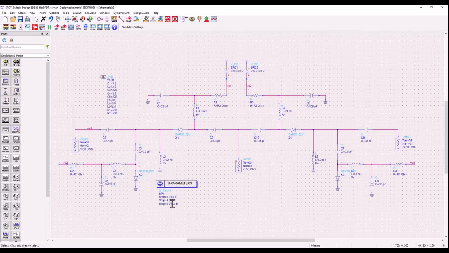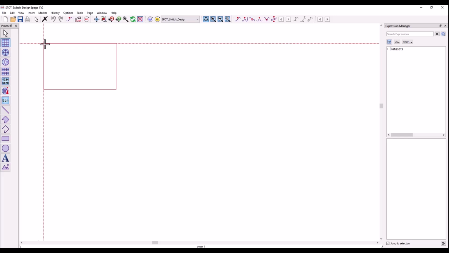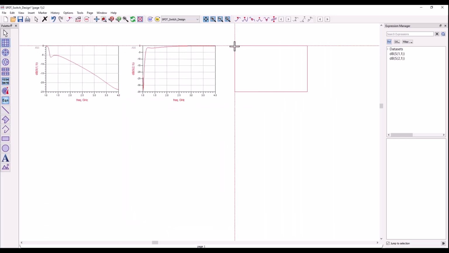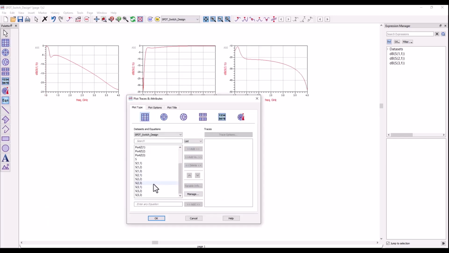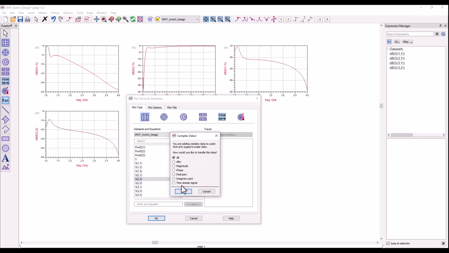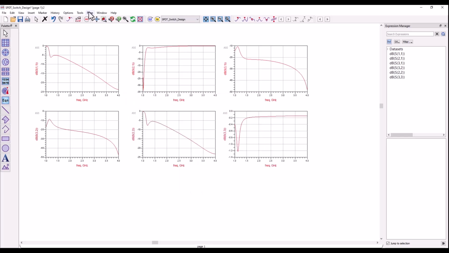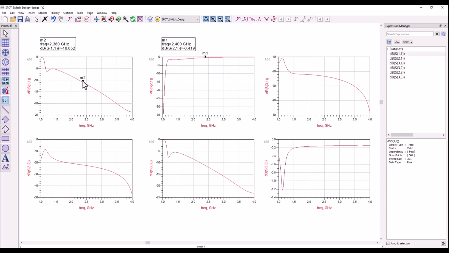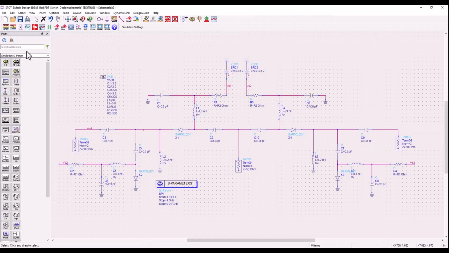Set up our frequency sweep range, which in this case is 1 to 4 GHz. Perform simulation and plot the relevant S parameters in terms of return loss, transmission and isolation. Now after plotting the graphs, we can place a marker at the desired location, and as you can see at the current setup, port 2 is our output port, and the return loss is not really meeting the specification, whereas transmission